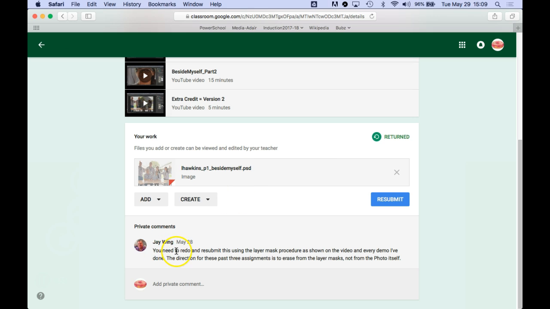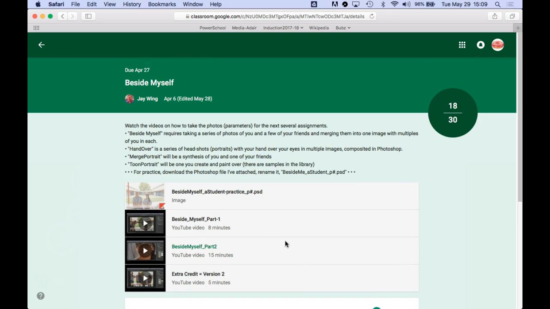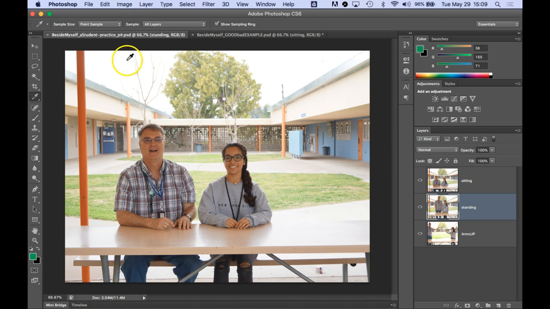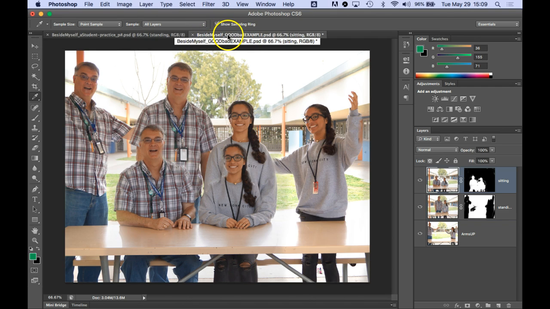Down here it says you need to redo and resubmit this using the layer mask procedure as shown on the video and every demo I've done. The direction for these past 3 assignments is to erase from the layer mask, not from the photo itself. I've taken the liberty of downloading this file already and renaming it. I renamed it the same way that it's named, except in this case so that I could tell it apart. I renamed it